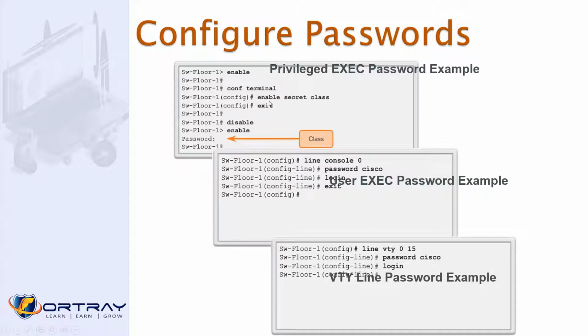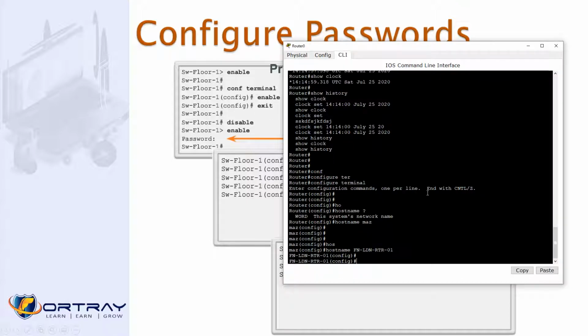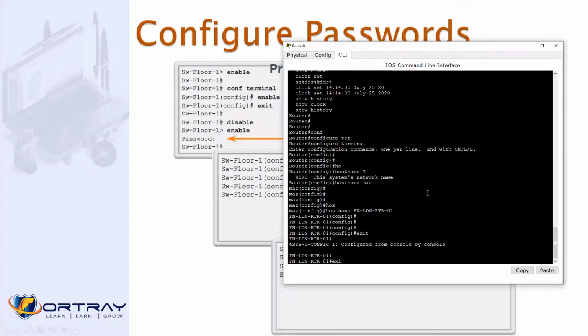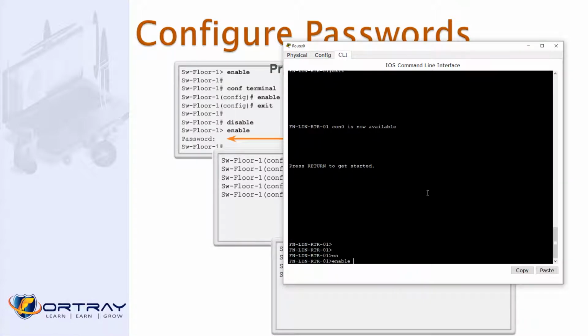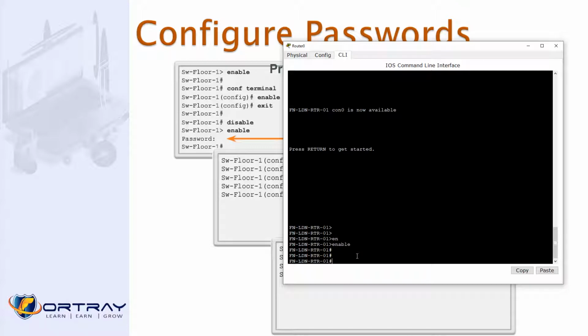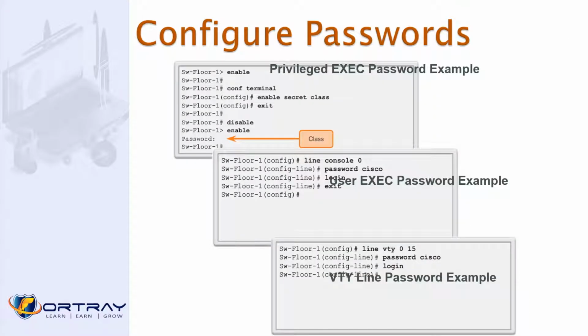So here you can see, first of all, as of now, if I try to log into the device, let's say I logged out, okay, enable. When I just type enable, if we have not set the password for enable, it's a security risk, because it is not going to ask any username and password. Without username and password, somebody can just go into the enable mode and he can do anything. He can erase all the configuration, he can change the configuration. So basically the idea is to secure your line, enable secret class.